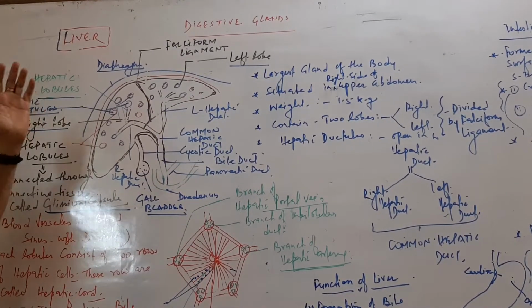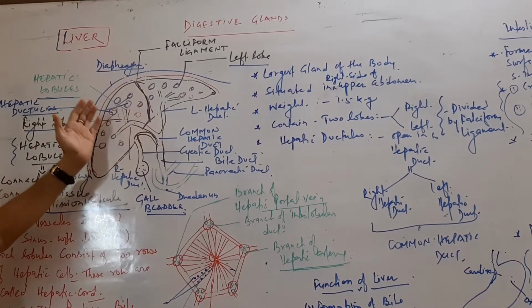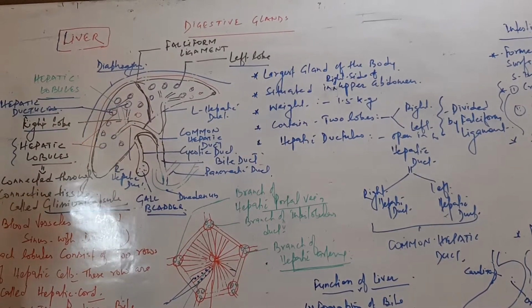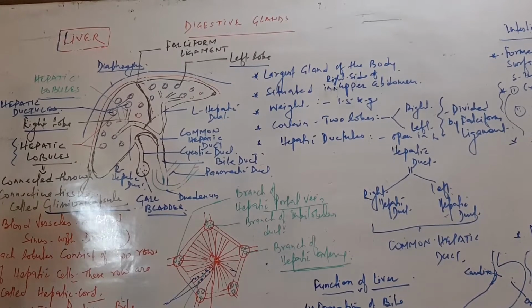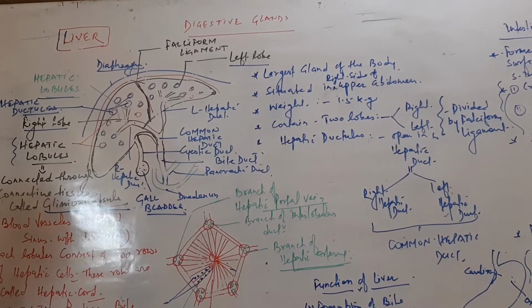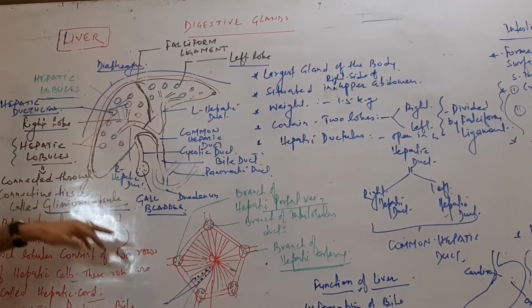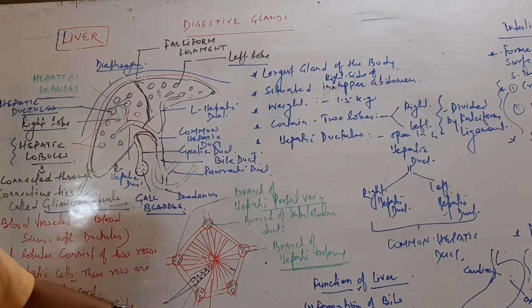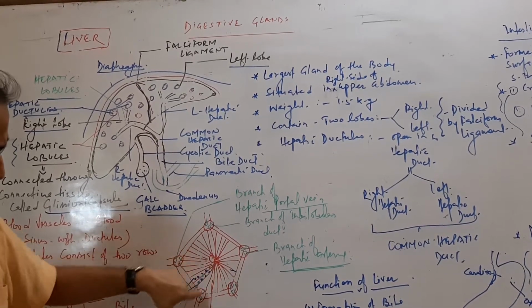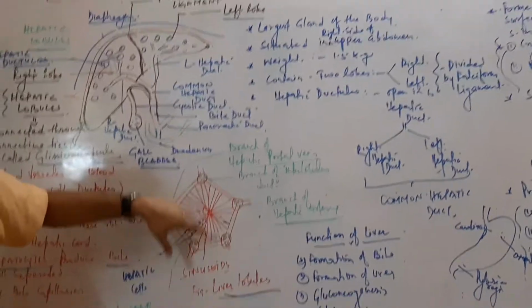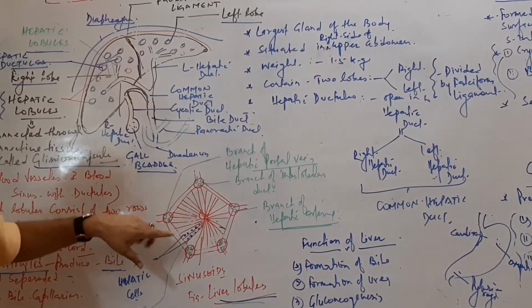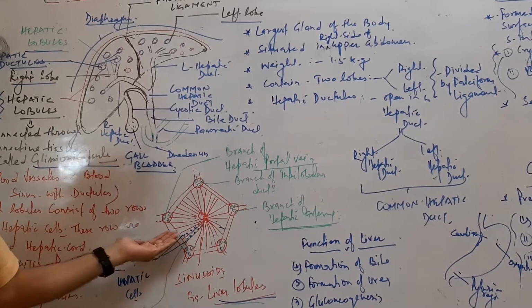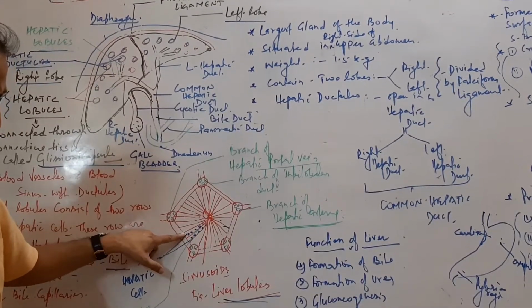So this is the structure of the liver as well as the ducts and ductules. Different types of ducts arise and finally open into the duodenum of the small intestine. Now this is the structure of the lobules. Lobules have a sinusoid structure, where rows of canaliculi are present. These canaliculi contain hepatocyte cells.